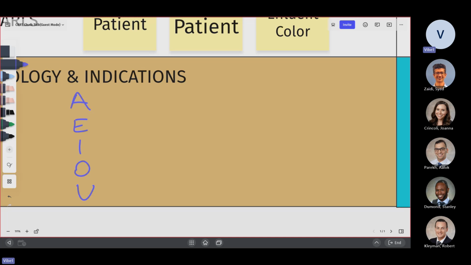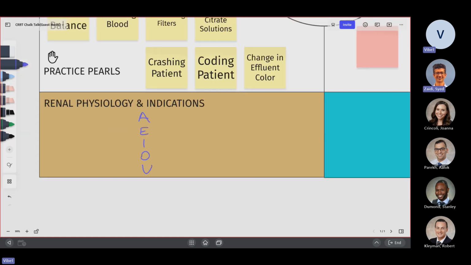Now there are some centers that will not be able to do CRRT because that requires a higher level of care, and there are some centers that will only do CRRT. The reason we should be very familiar with CRRT is that it's specific to the ICU, and there's a lot that can go wrong with it, both hemodynamically and physiologically. What we're really trying to do is continuous renal replacement therapy versus intermittent HD, and in both cases you're trying to mimic the physiology